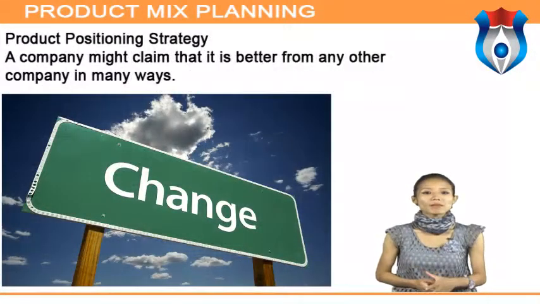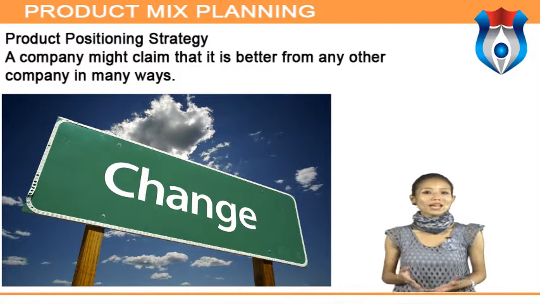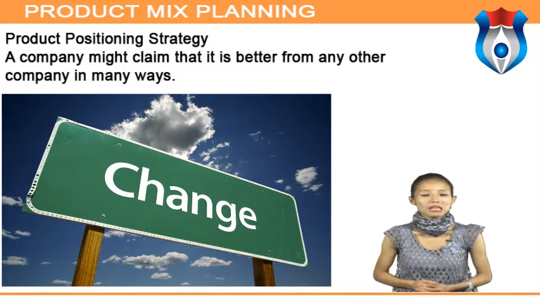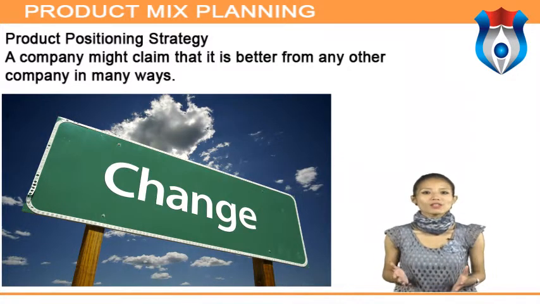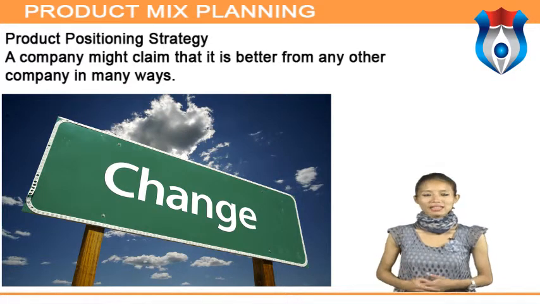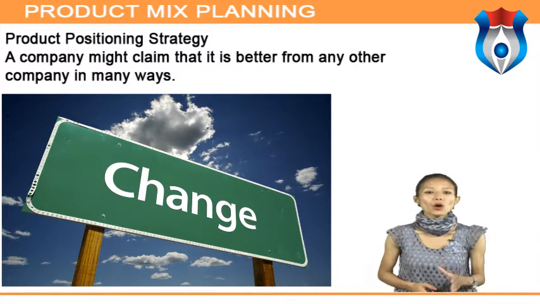A company might claim that it is better than any other company in many ways. We are faster, we are more secure, we are cheaper, and we are more comfortable. We are more stable, we are more intimate, we have higher quality, we have better value, and the list continues. Rice and Trott, however, emphasized the requirement of selecting one of them. Thus, that single point will be able to stay in the recipient's mind.